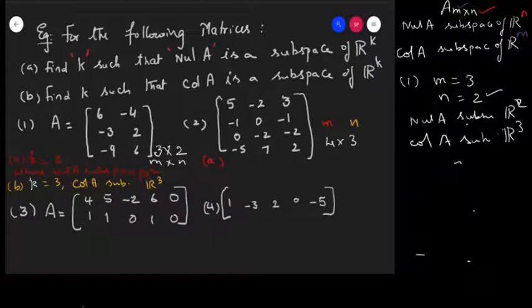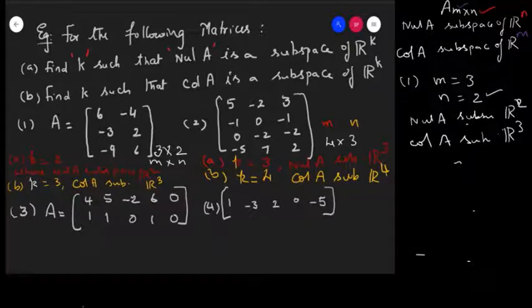So I should have k is equal to 3 such that null A is a subspace of R3. Now what is the B bit answer here? k must be equal to the number of rows such that column A is a subspace of